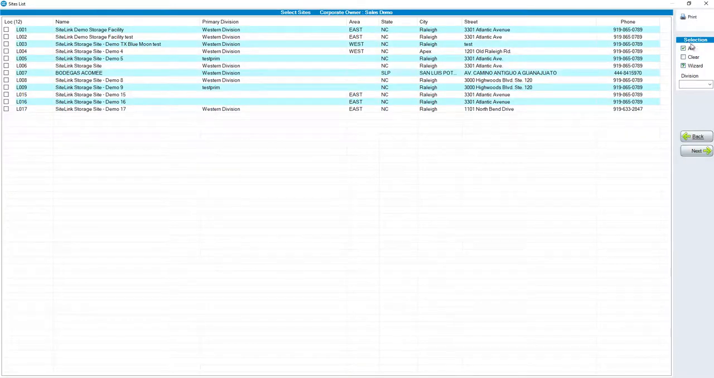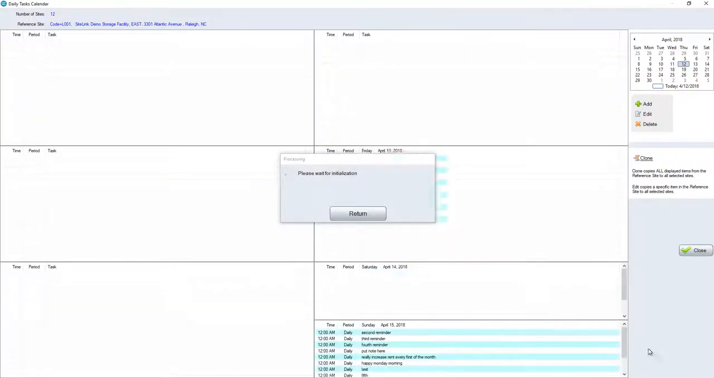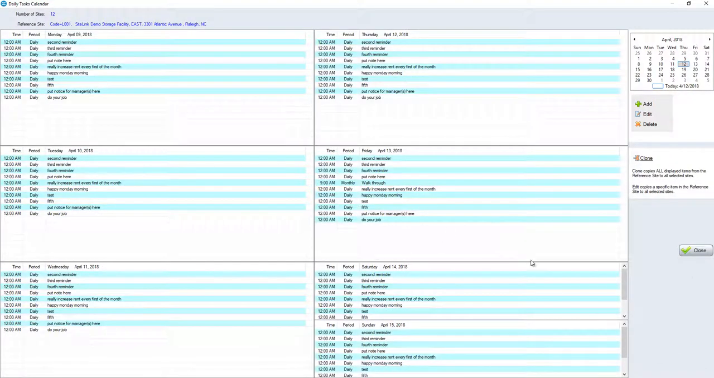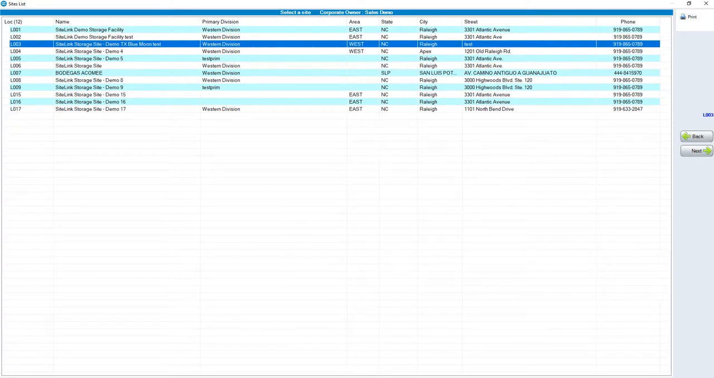Same thing with reminders. I can select one site, multiple sites, all of my sites, and add a reminder for all of my locations. Bad debt write-off. Within each respective SiteLink Web Edition program, you can write off bad debt or credit off charges for people that have been moved out. But within here, I can go in site by site,